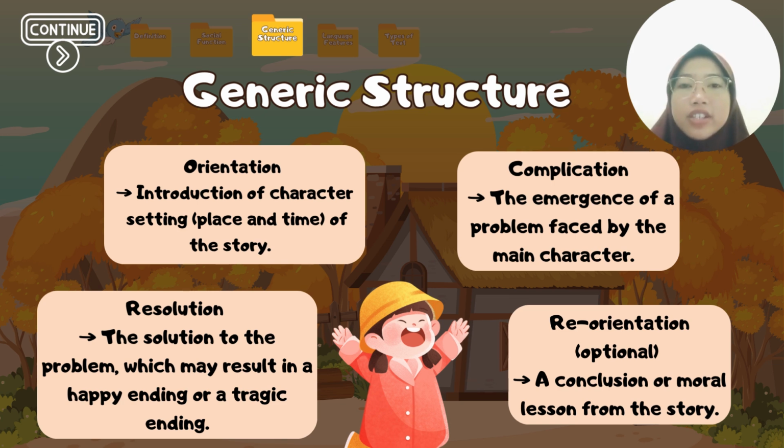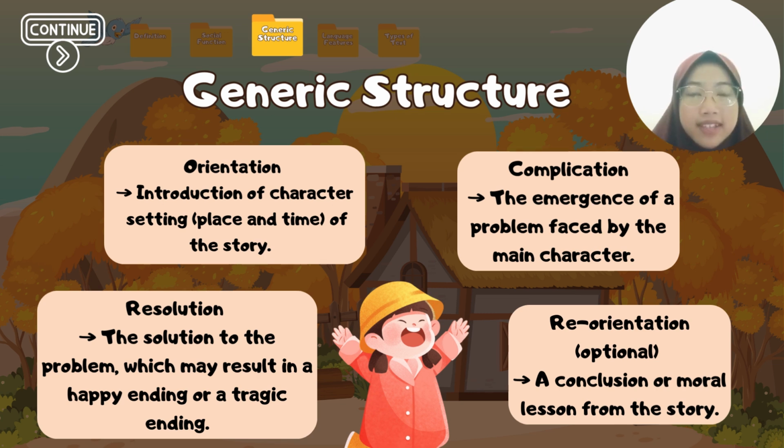The orientation normally introduces us to the characters, the settings, the place, the details of the setup of the story, and then it moves into the complication, which is the part where the characters start to have problems and